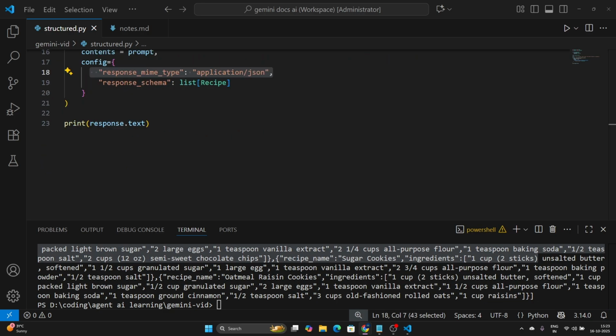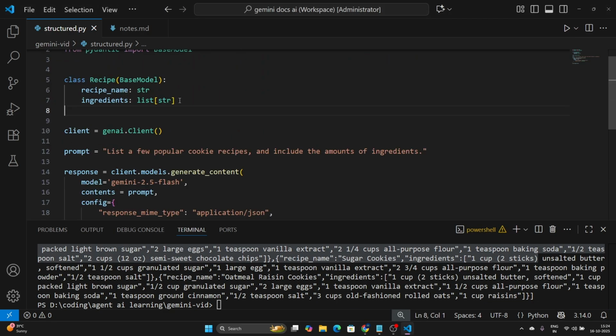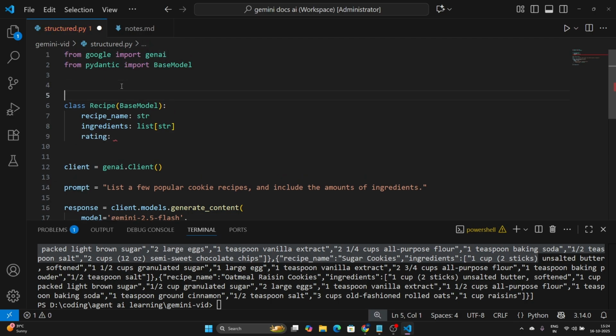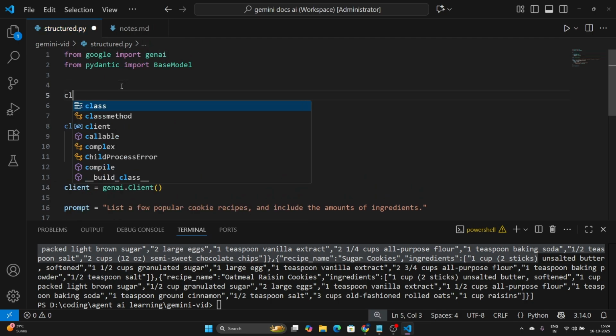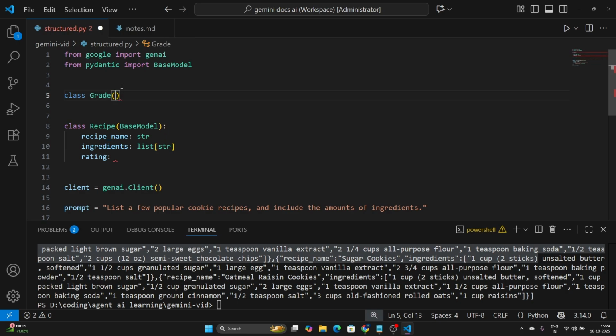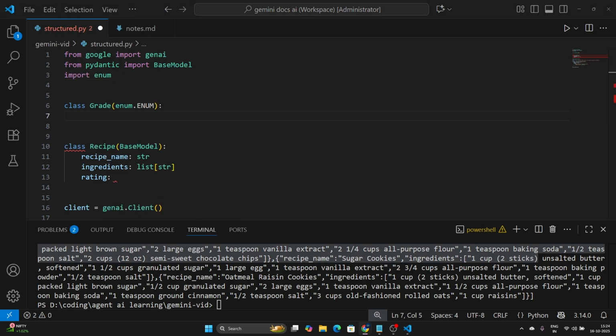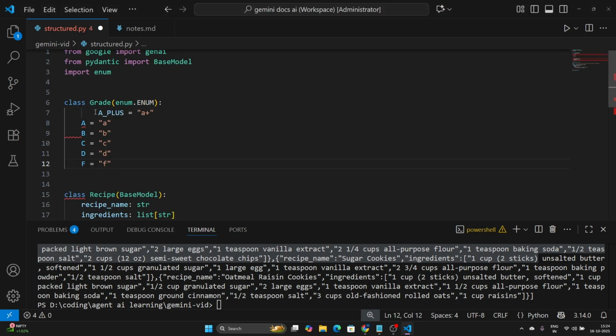Now what about if you want to generate enum values? For example, what if you want one more field in this recipe, which is, let us say, grade. Let us call this field rating, and let's create another model which is an enum type of model. So we can say class Grade, and the parent of this is going to be enum.Enum. We actually need to import enum for this. Enum means enumerated values or a category of values. So we can just import enum,